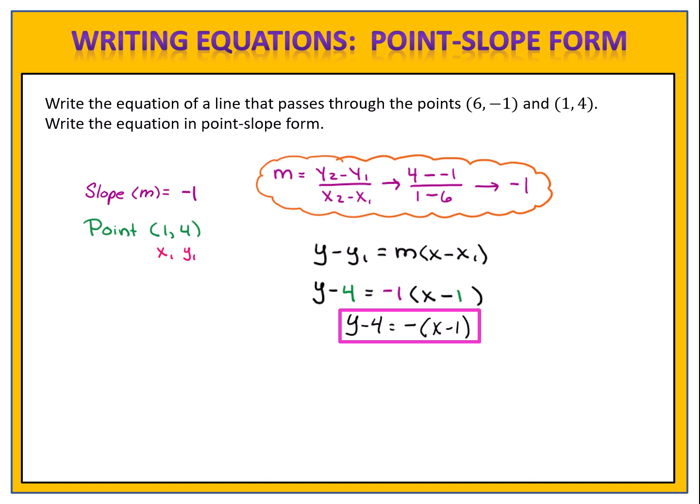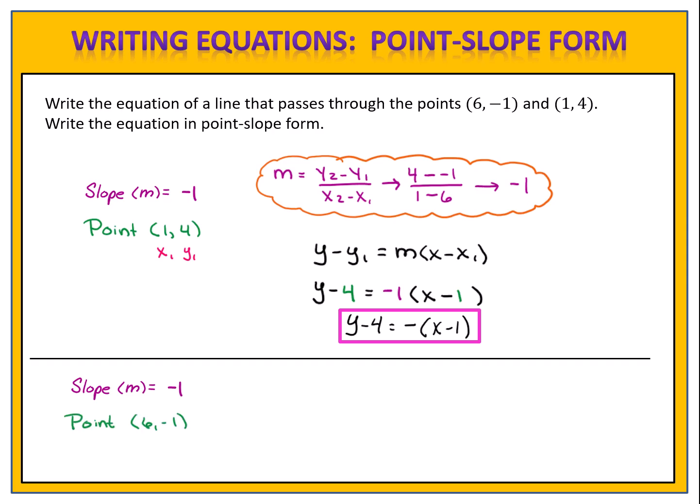Now when I write an equation in point-slope form, I'm allowed to choose any point on the line that I want. I may have chosen (1, 4), but suppose instead I wanted to choose (6, -1). That's a point on the line also. If I had done that, I would have labeled the (6, -1) as x1, y1, and then I would have written my formula down. When I do the substitution, I would have y minus -1 equals -1, parentheses, x minus